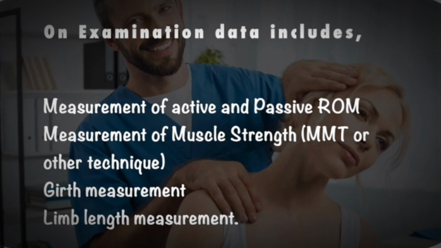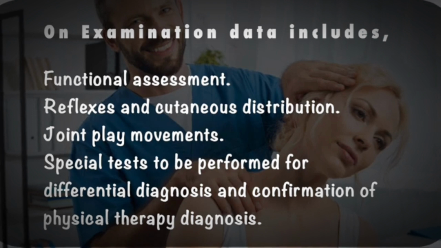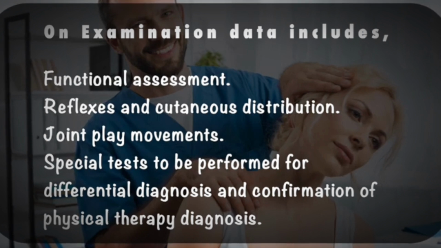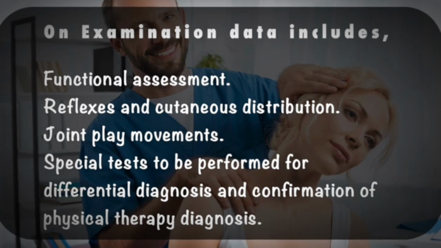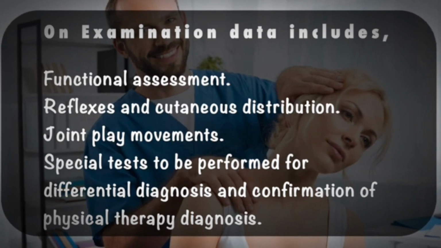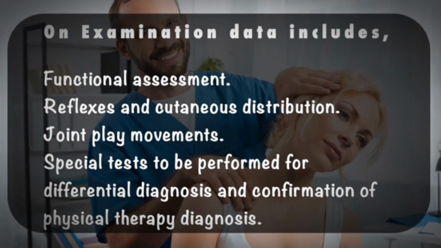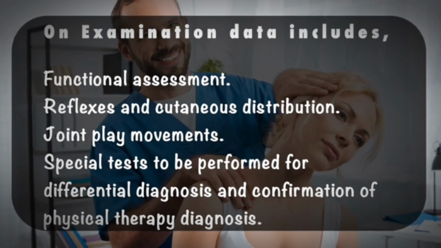The examination is used to confirm or refute the suspected diagnosis, which is based on the history, observation and palpation. For examination, always bilateral movement is tested and the normal side is tested first for comparison. The first one is examination of active and passive range of motion, where both ranges of motion are measured using a universal goniometer. Along with the measurement of range of motion, the presence of pain or any other symptoms and the quality of pain, the restriction of range of motion, the pattern of movement, the movement of associated joints and the presence of any abnormal end feel should be noted during the movement.